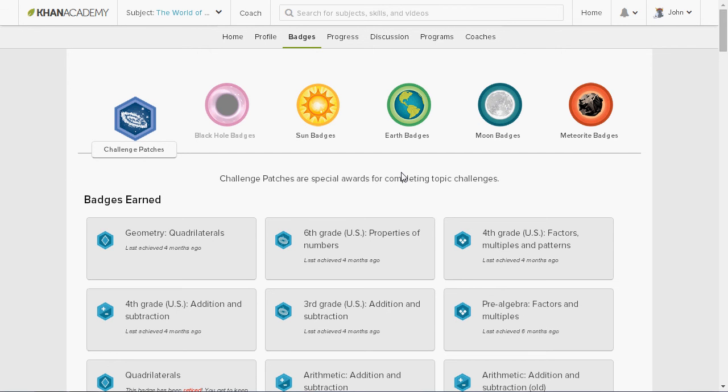You can only go from level 1 to level 2 if you've waited another 16 hours, and then finally from level 2 to completely master the skill if you wait another 16 hours. So you've actually got to practice on 4 different days in order to get a skill from nothing to mastered.